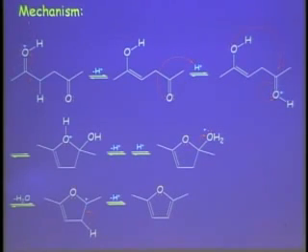Overall, what are we doing here? We're losing 2 molecules of water in this step to turn this guy into this guy. Sorry, 1 molecule of water. We're losing 1 molecule of water. Take it back, here it is. To dehydrate basically this dione to make the corresponding furan. So topologically, it's a dehydration which is effected by the dehydrating agent phosphoric acid.